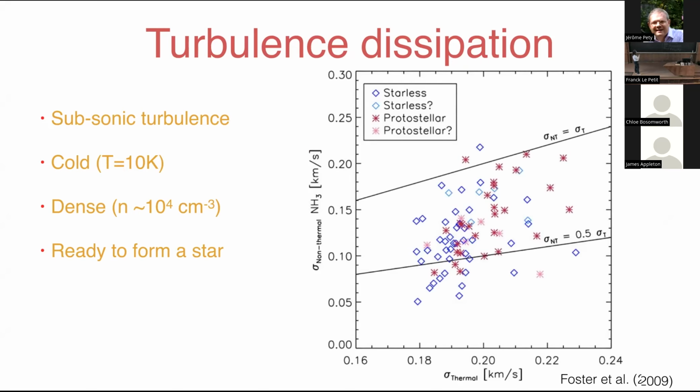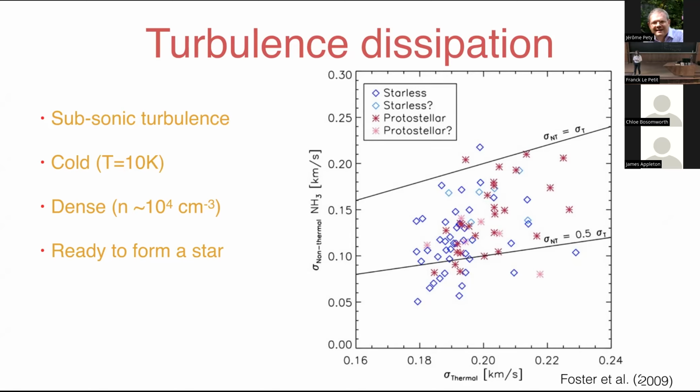In this case, we have a sample of all the cores that we had as possible objects in a single cloud. It's a nearby molecular cloud, Perseus, and we targeted anything that looked like a core that was in any list. For the detections, we could mark those that were protostellar and those that were starless. And you can see that the reds and the blues, even though they don't lie in exactly the same locus on this plot, almost all of the points are still below this line